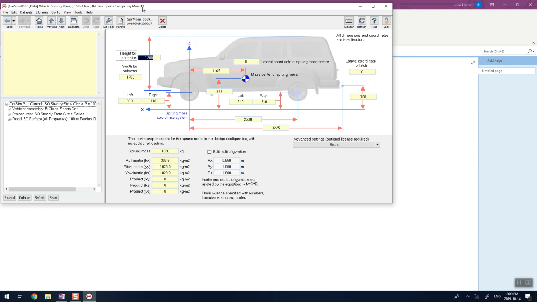So what I want to do is change the CG position. This serves as a very good example of the B-class sport car, whose CG position is a bit rearward. What I want to do is change the distance of the CG with respect to the front axle,